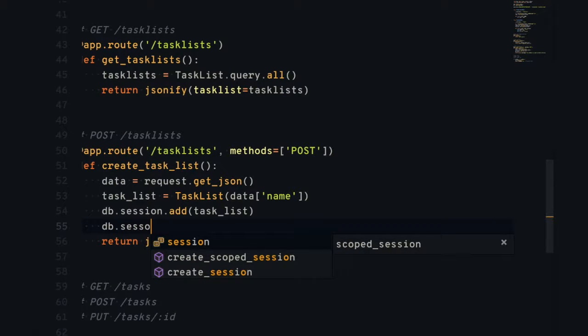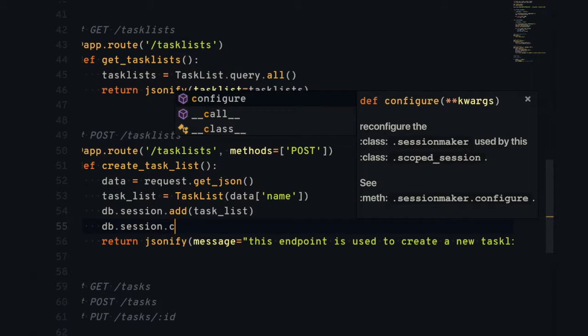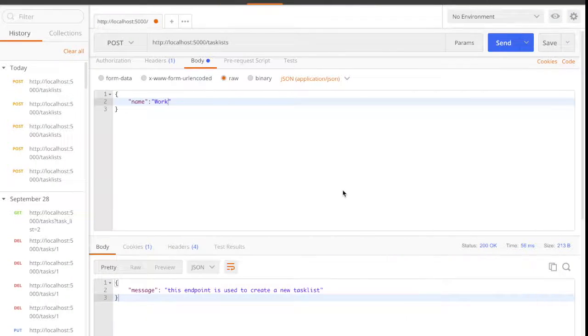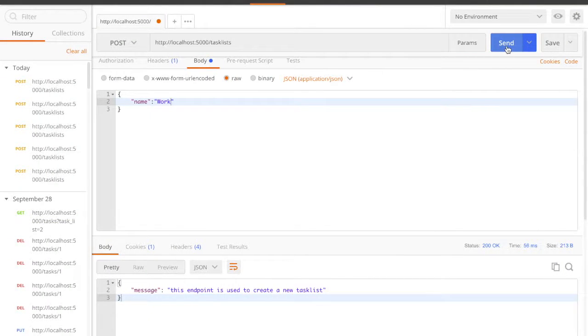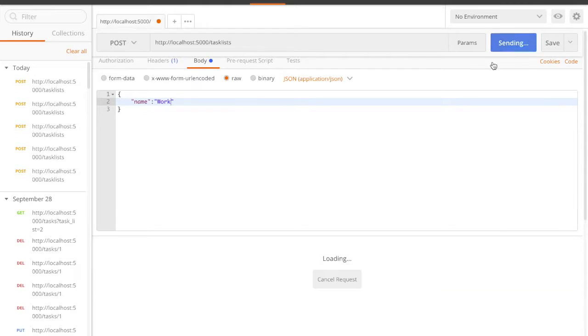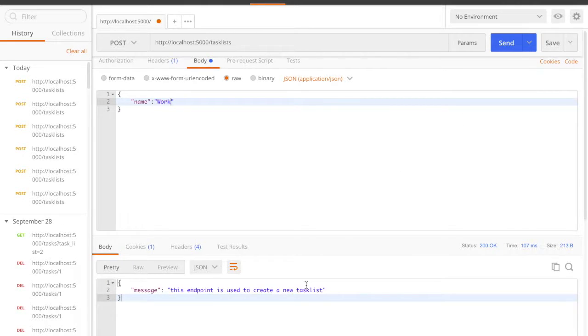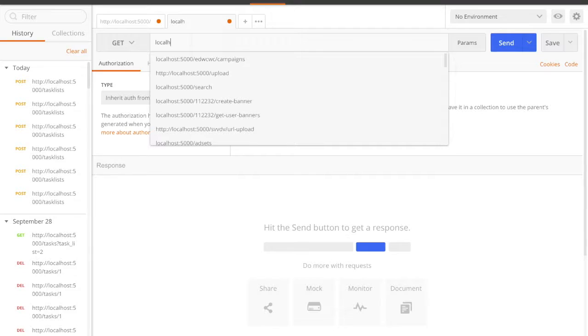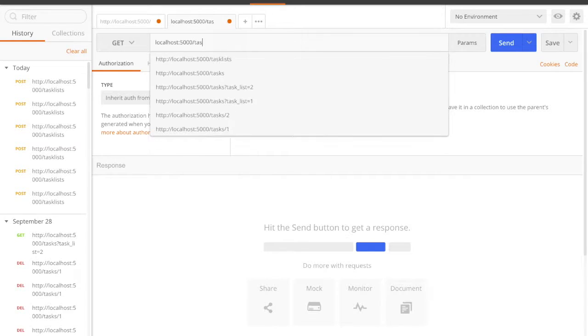So db.session.commit. Now we will hit save and make the same request this time and send. Now we get the same message, but if we make a get request to localhost 5000 slash task lists